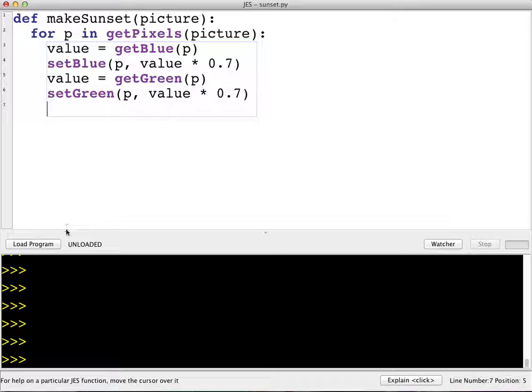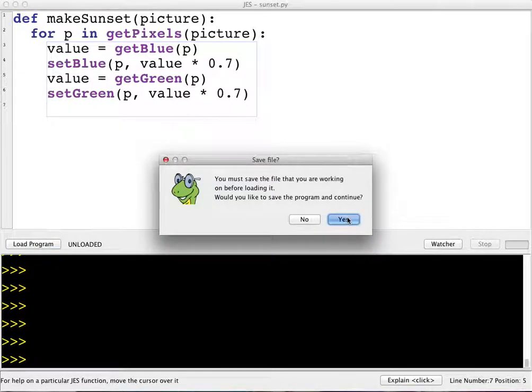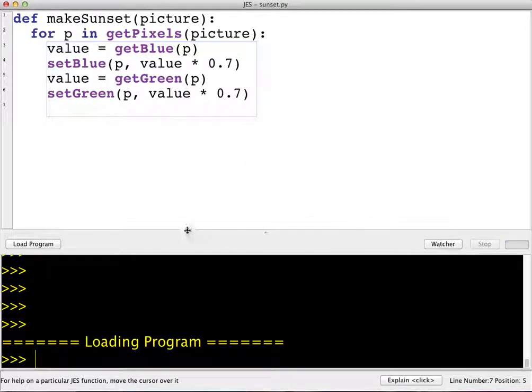Before we can test our sunset function, we need to load the program. It's going to ask me if I want to save it, and I had previously saved it as sunset.py, so it saved it in that file. So you want to choose that name and save it in your directory for your class files. And now I'm going to get a file name